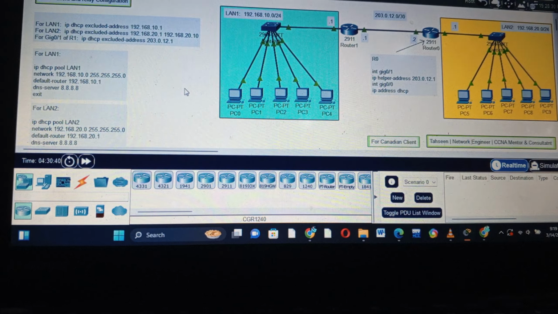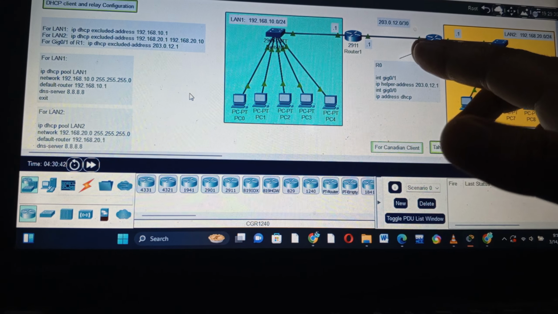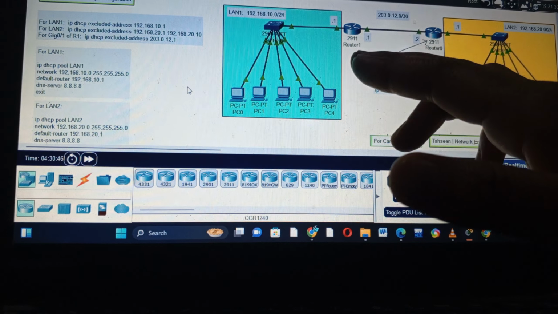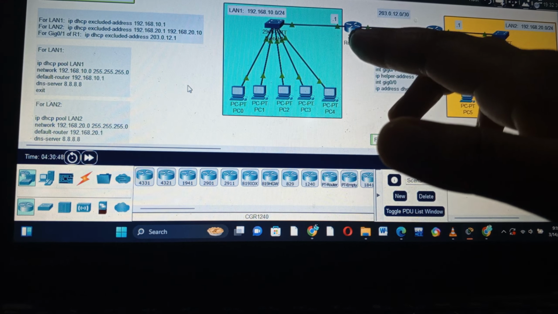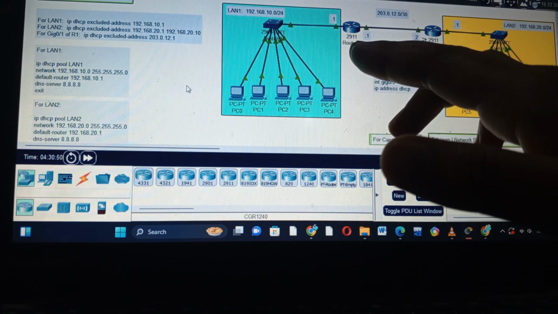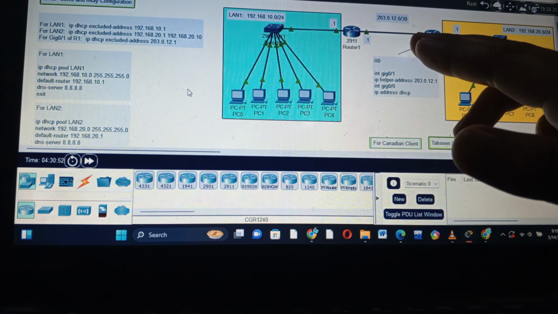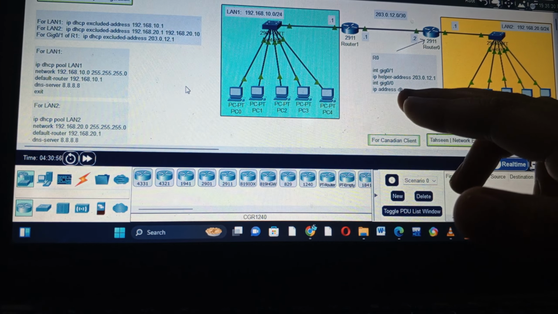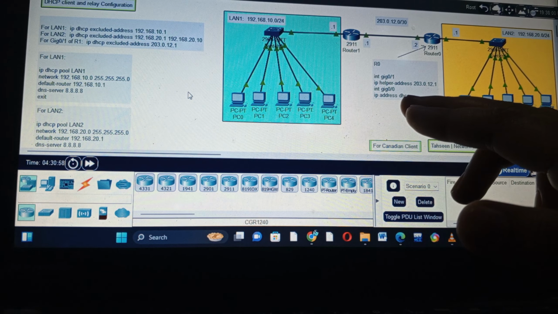That's the concept. Similarly, you want this interface of router 0 to get an IP address dynamically from router 1, because router 1 is configured with DHCP. So you just need to go to this interface of router 0, then write the command ip address, and don't write the IP address, just